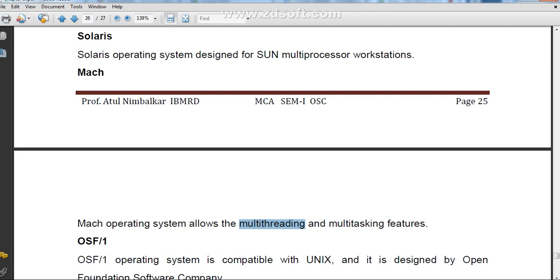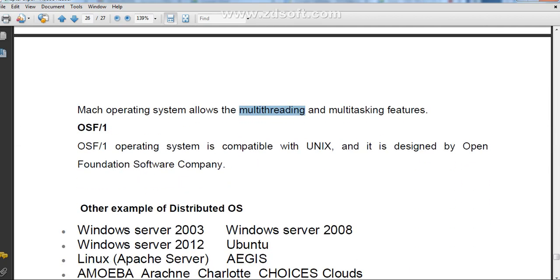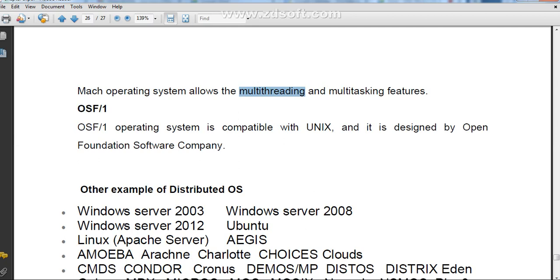कौन सा है ये? Then OSF1, this operating system is compatible with Unix and it is designed by Open Software Foundation, that is OSF.